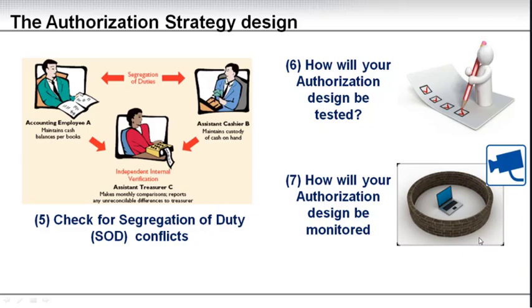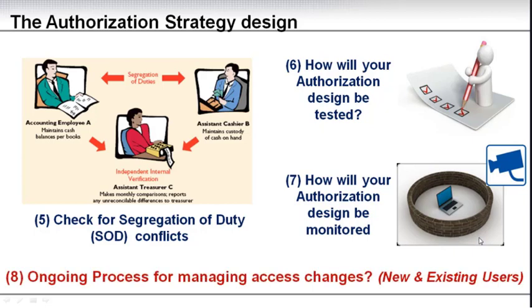And then you also need to look at how you will monitor your design to ensure that there is no violation of the rules, that no people are granted access they should not be granted, and the whole process of how to control and manage changes to your authorization. Exactly, the changes are the last point. When you do your authorization strategy design, you need to think about how you are going to manage the ongoing changes that will happen. That can be new or existing users that need changes to access, or new users coming in. You need to have a process for that. So these are the 8 elements of your authorization strategy design deliverable,